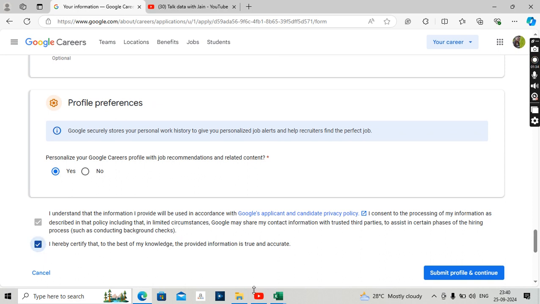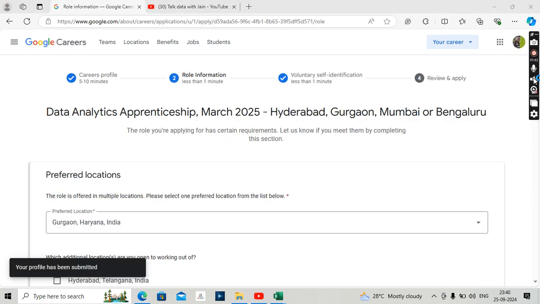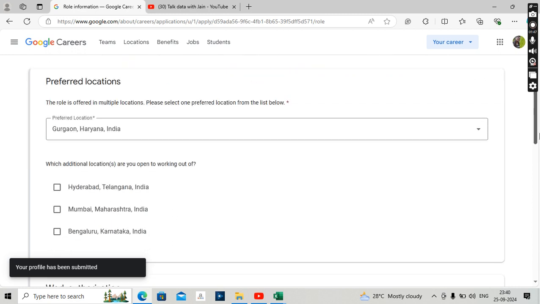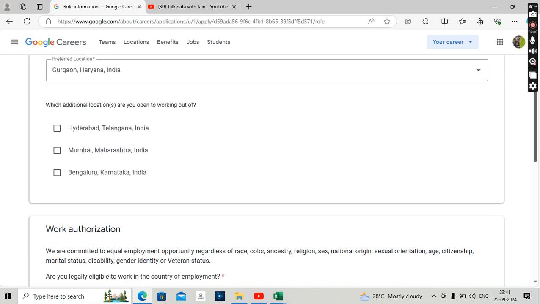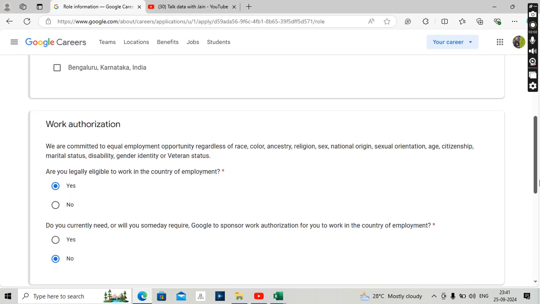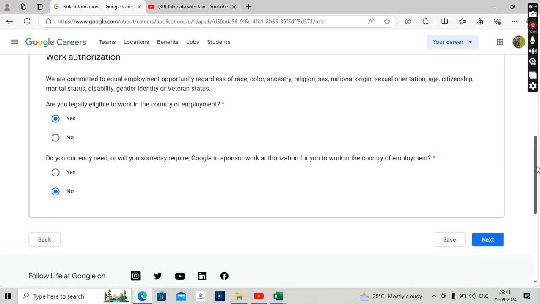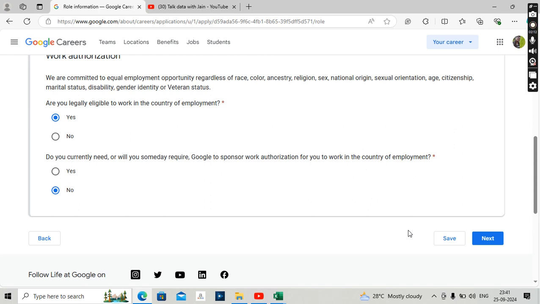Then you have to click here to confirm that the information you have provided about yourself is true and accurate. So then you will be moving forward to the next step. In the next step you have the role information. In this you have to choose your preferred location. Like they have given 3 options: Hyderabad, Mumbai and Bangalore. So you have to choose your nearest location, and then they will be asking about any work authorization which you require, like whether you are legal to work in India, or you need some kind of sponsorship in the country of employment to work in Google. Then next,